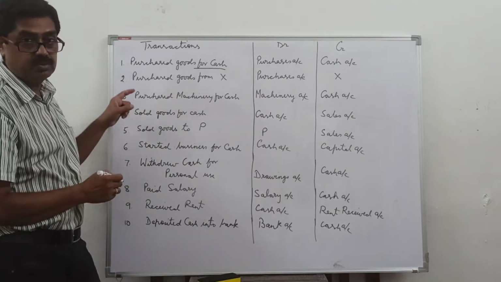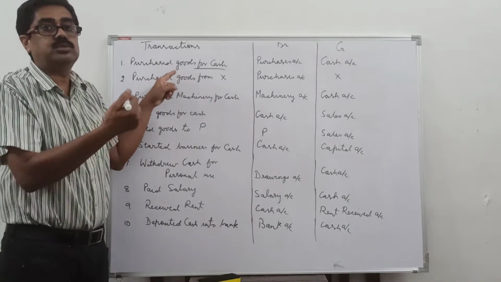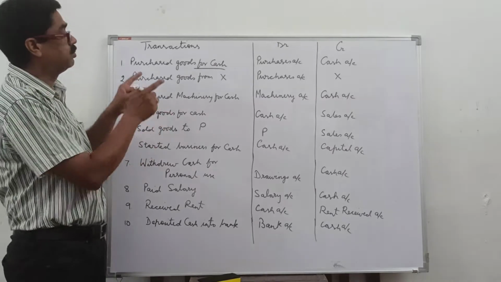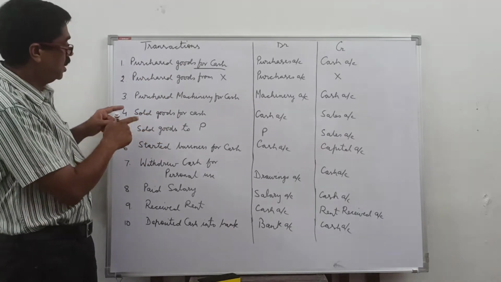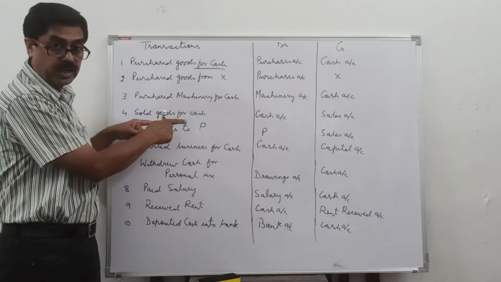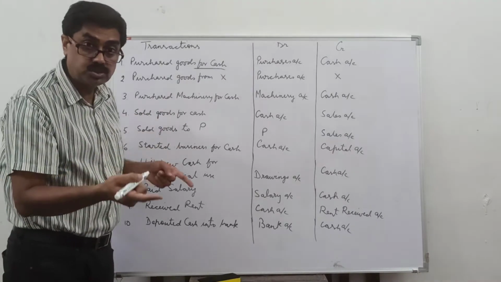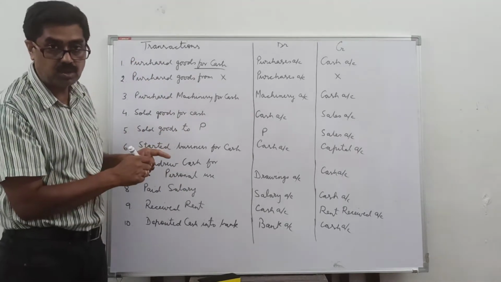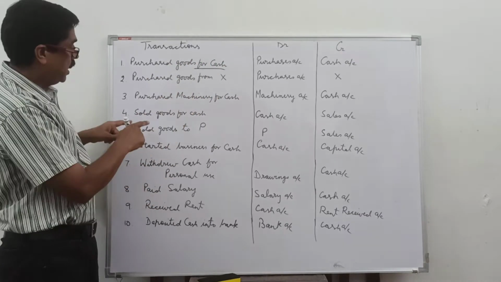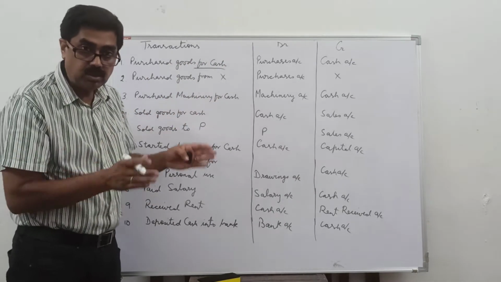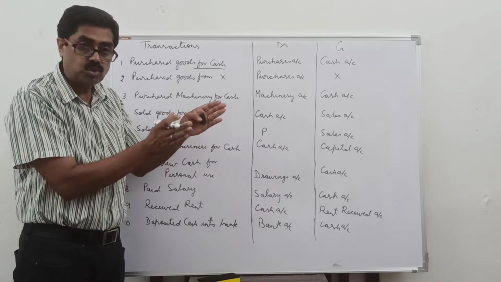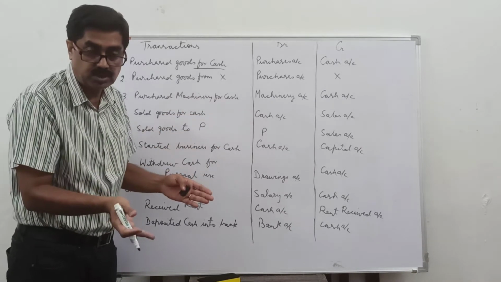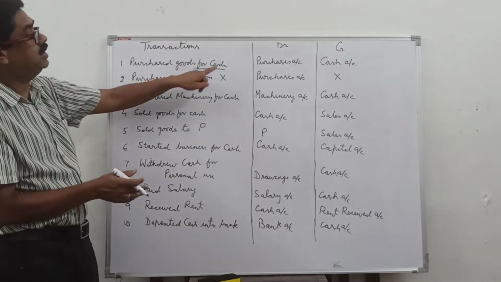Now the two accounts that will open. Usually it comes to your mind, goods account. We will not open goods account when goods are purchased. We will open purchases account, because when there is a transaction called sold goods for cash, here also the word goods is coming, and you will open goods account again. So to distinguish between purchase and sales, we do not open goods account. We want to open purchases and sales accounts separately to know at the end of the year or the end of the month how much total purchases are made and how much sales are made, because goods represent both. So you might get confused or make a mistake in calculation. That is why we separate them.